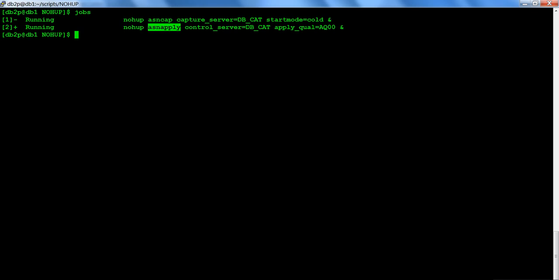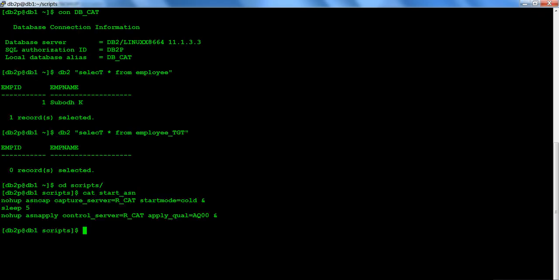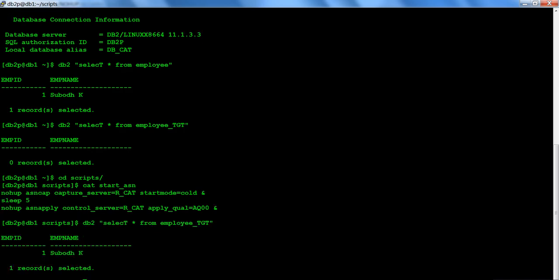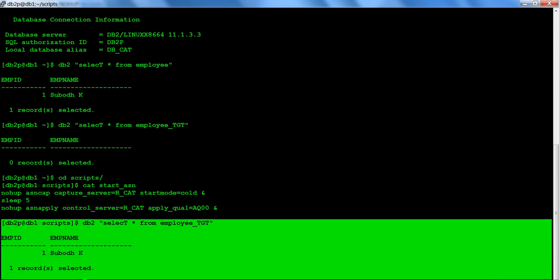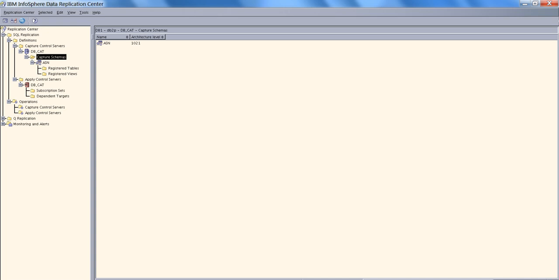Now that we have started our capture and apply, let's go to target and see if our data has come into target. So you see here, employee target had no records, and now this particular employee target has got this one record. If I now go to my replication center and refresh this,